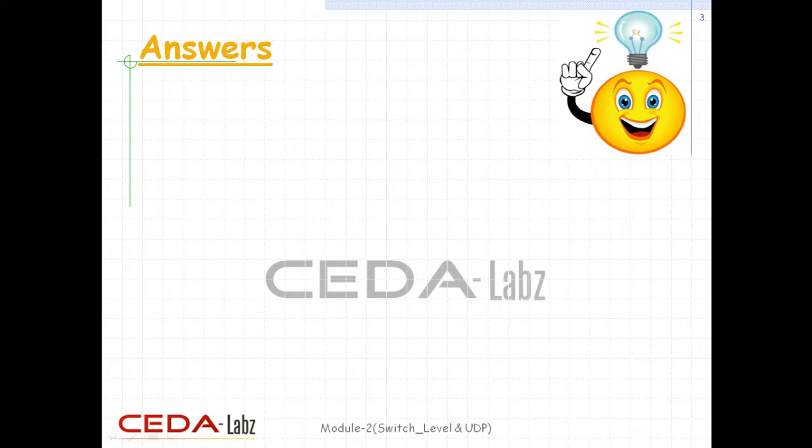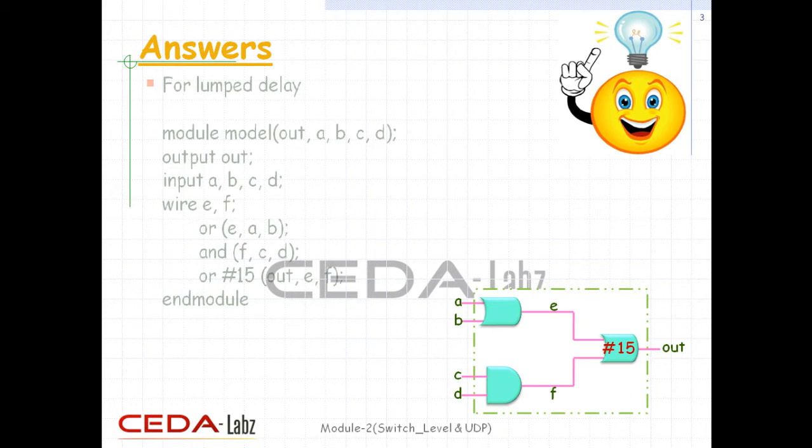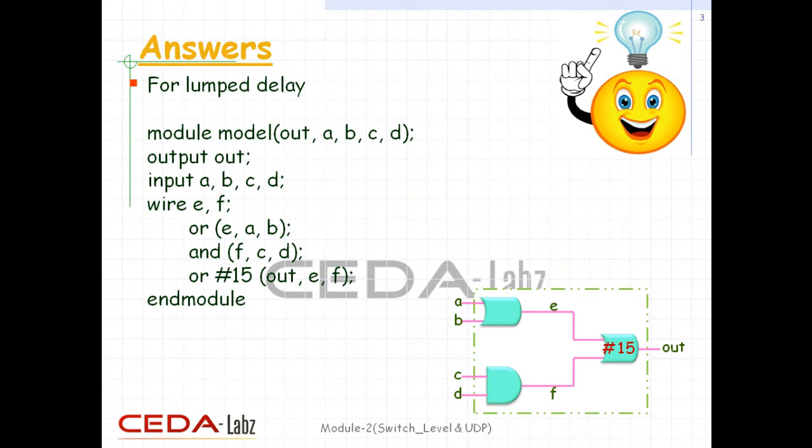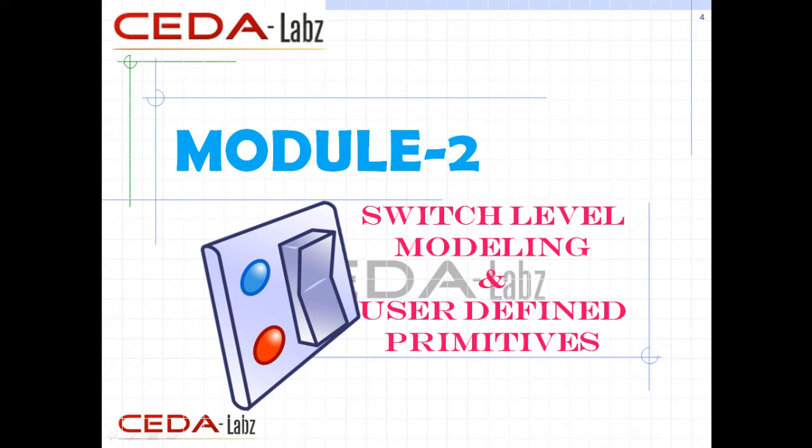The next question was to design the same circuit via the lumped delay model. In the lumped delay model, the largest delay is lumped on the output gate. So, the largest delay is 11 plus 4, 15. Here is the code. In this tutorial we will be studying the lowest level of abstraction, switch level modeling and user-defined